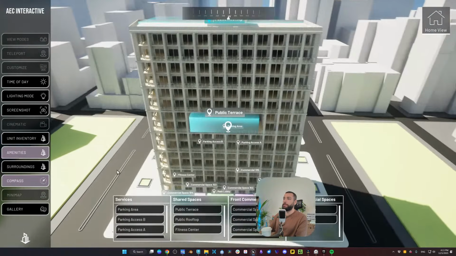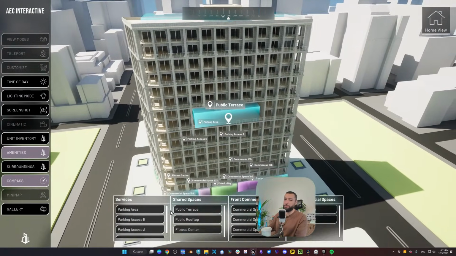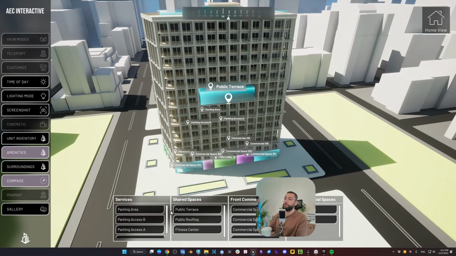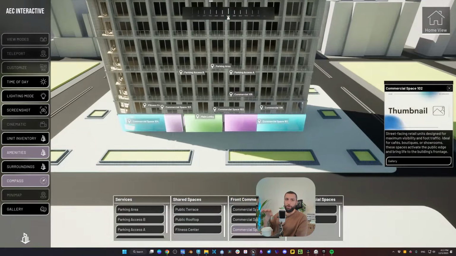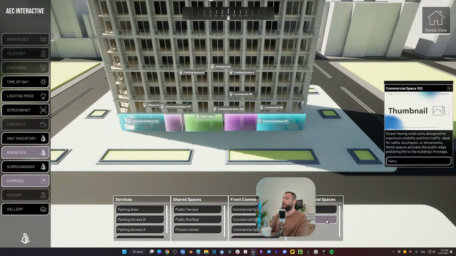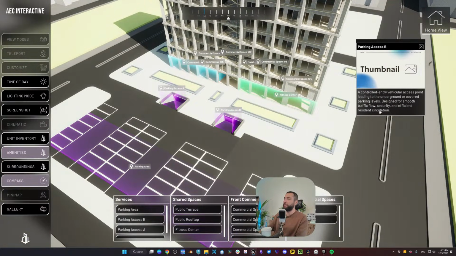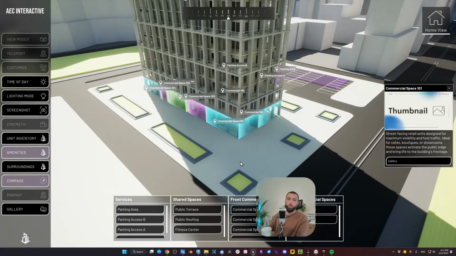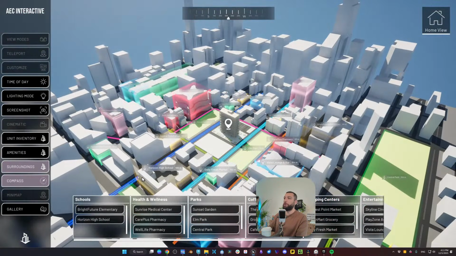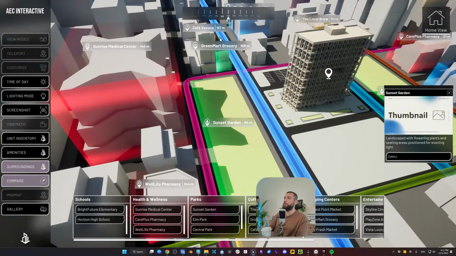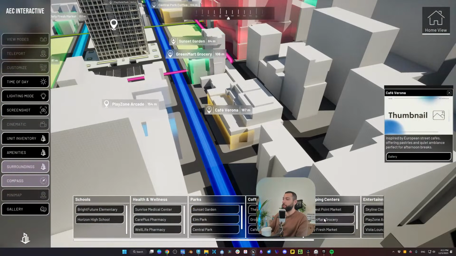So amenities, it's the amenities. These are also dynamic lists. If you add any amenities, they will auto-populate. And the same for the features. I will talk about that once we get to it, when we see how to use the template. So when you click on anything, it has a nice panel that you can move around. You can add details, buttons to it, and so on, to allow users to learn more about the project. And surroundings, when you click on it, it will zoom out and you will see the surroundings of your project, like so, with nice, smooth camera animation.